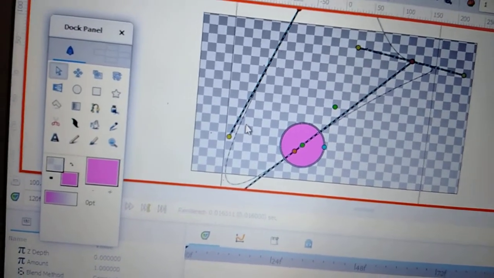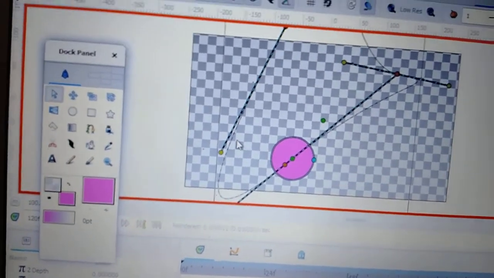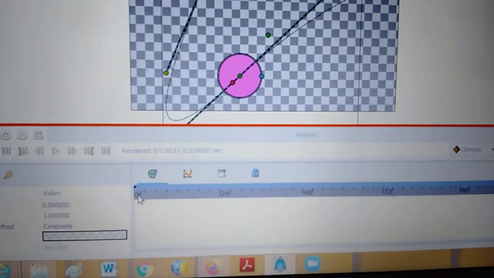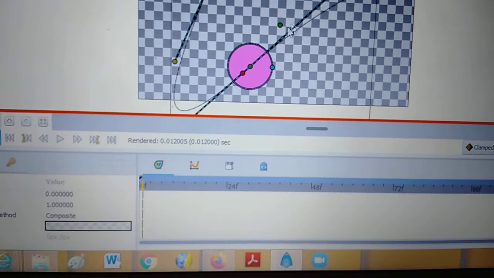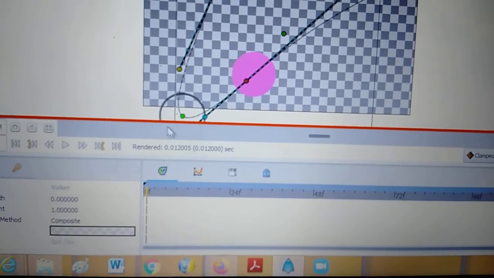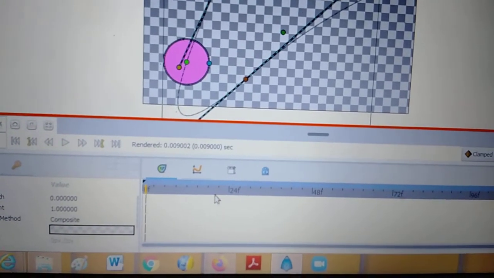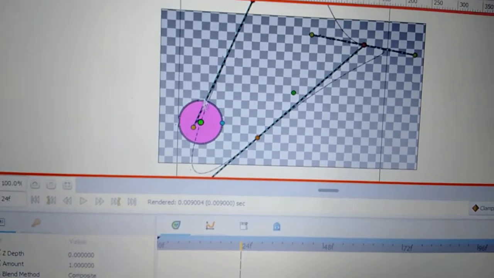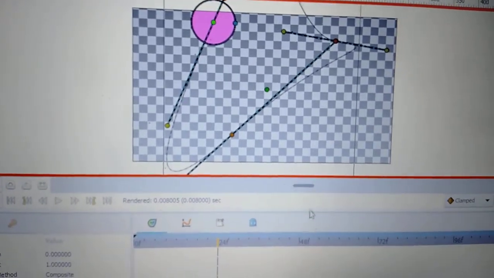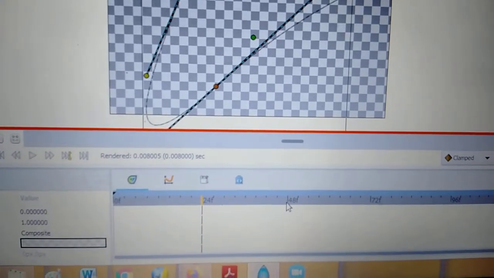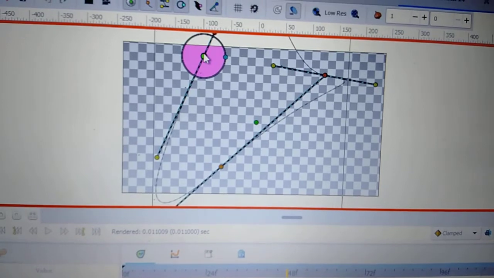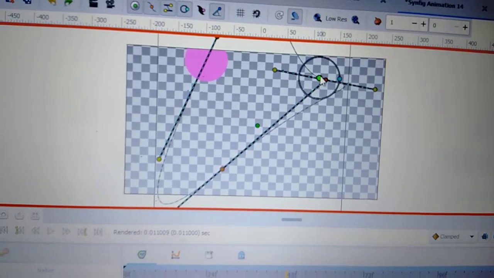Now position of circle at 0f. So simply select 0f. I want my circle here. Position on 1s, I want my circle here. Position of my circle at 2s, I want my circle here.